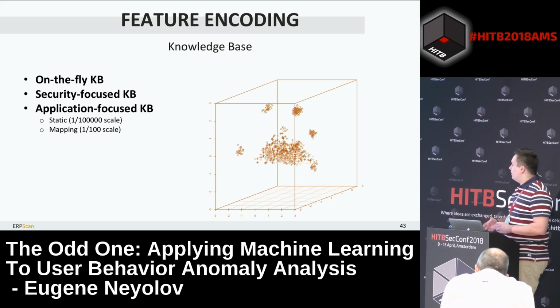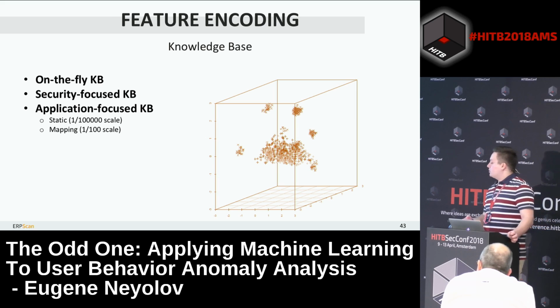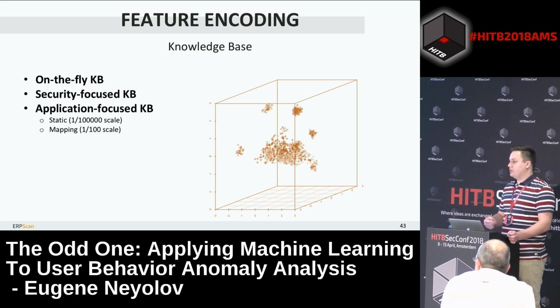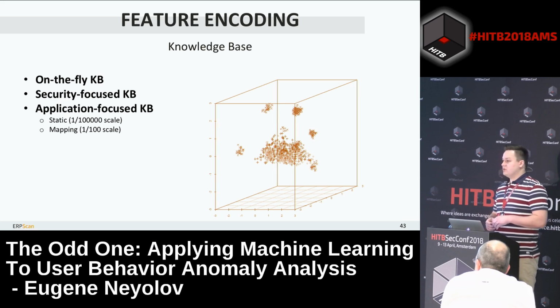And with the mapping, we can do some reduction of the scale. So we assign feature values not from the range of 500,000 options, but from the range of maybe 1,000 options. The idea is that every transaction or every program delivered to the ERP system belongs to some software component, which means that this software component brings a bunch of programs